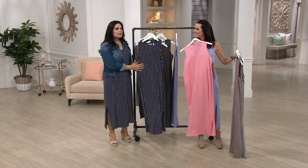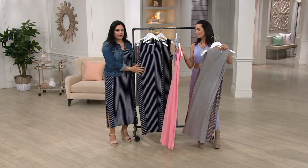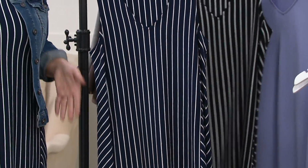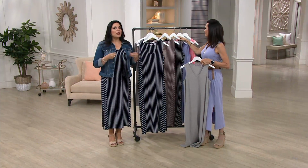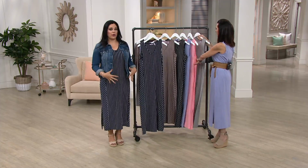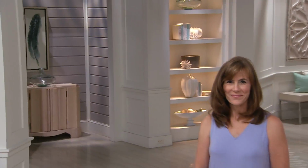So this piece, I'm telling you, out of all the maxi dresses that we've ever done, this has to be my favorite. The prints are really pretty, the solids are pretty, but it really comes down to the fit, and I think we really nailed the fit. First of all, it's not a thin fabric by any means, so you don't feel like you have to wear shapewear under it, but it's not heavy or bulky either. It's that Goldilocks, and it's got the great fit in through the bust, underneath the arms, and then that little bit of a release, which personally, after having 3 kids,